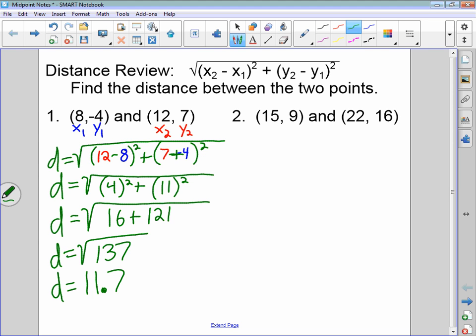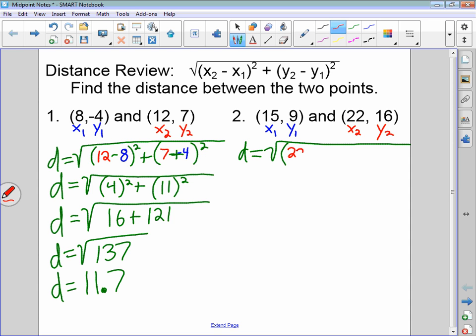Looking at this next example, we have x1 as 15, y1 as 9, x2 as 22, and y2 as 16. Plug these numbers into my distance formula of d equals the square root of x2 minus x1 squared plus y2 minus y1 squared, and I get